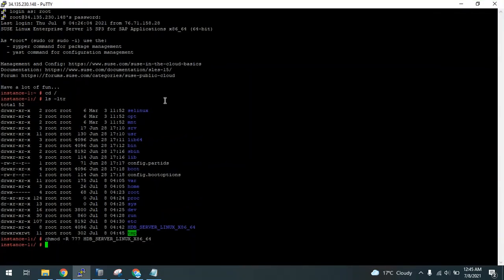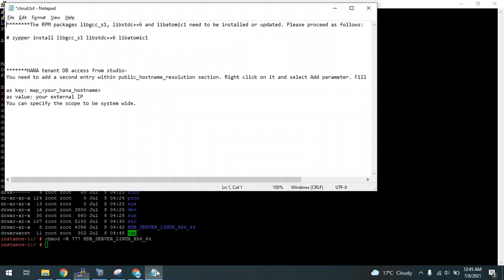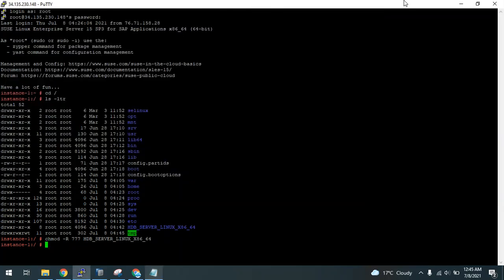Next, as this is a new VM on GCP, we need to install some packages so that we will be able to install HANA on it. To do it, this is the zypper install command, and I'm executing this command as root on this VM.